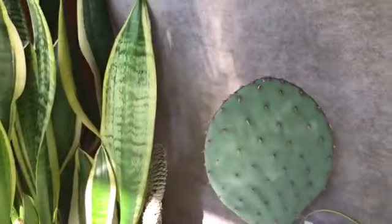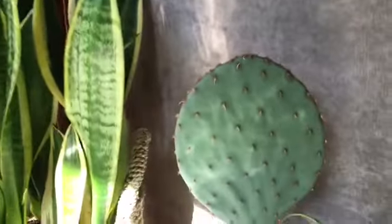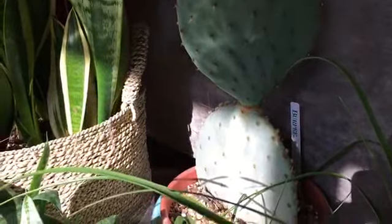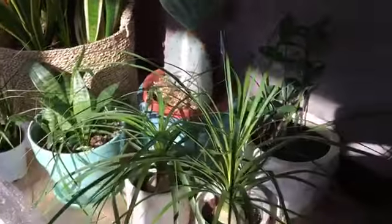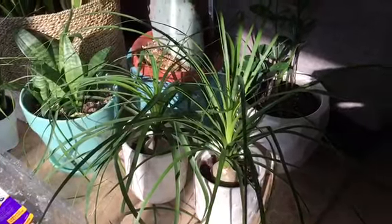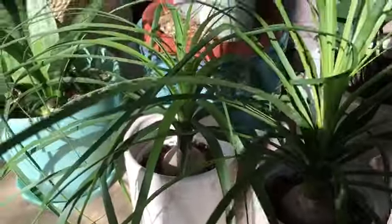And here is an Opuntia violacea, and that's just hanging out here with the house plants. It's getting a little sun on its bottom segment. And I have two ponytail palms here. They are getting nice and fat. I'm going to show you the caudiform